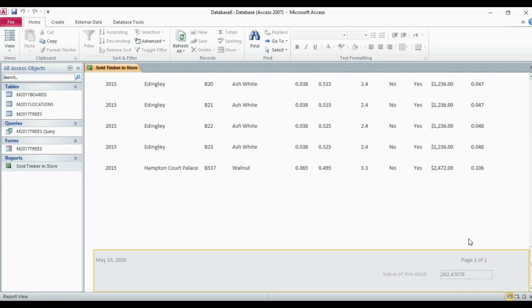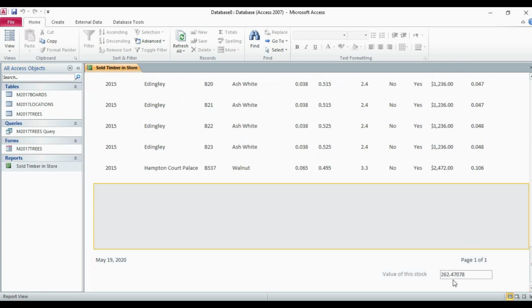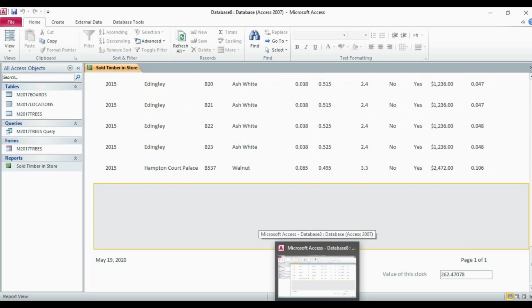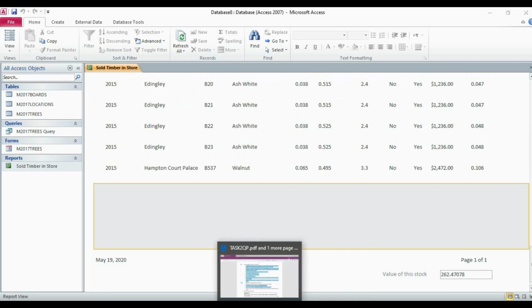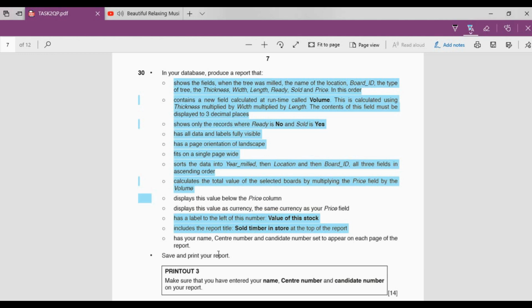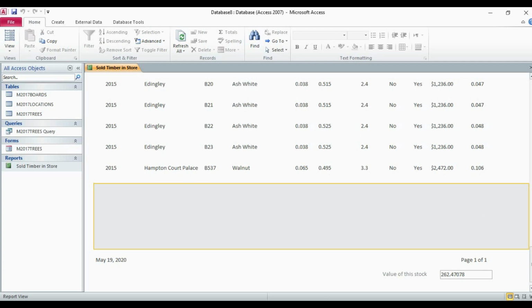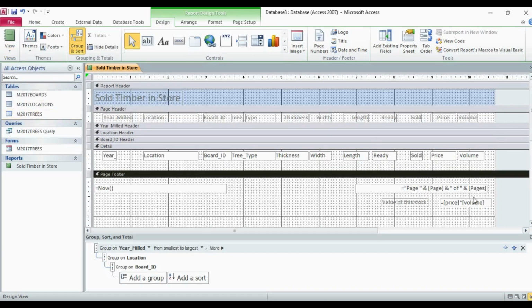Now here the value has been calculated. Next, display this value below the price column. So now we have to check whether we have displayed it under the price column or somewhere else.